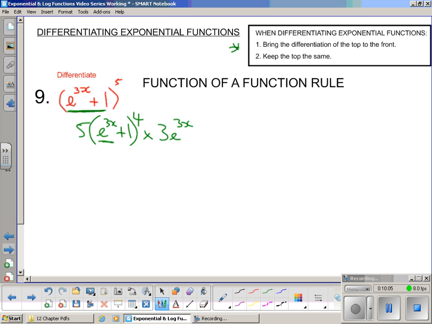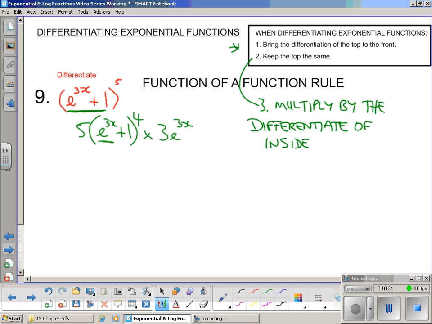So I guess for function of a function rule, we need to add a third step in our methods, and that is to multiply by the differentiation of inside the brackets. Very plain English there, but that's our third step. We multiply the whole thing by the differentiation